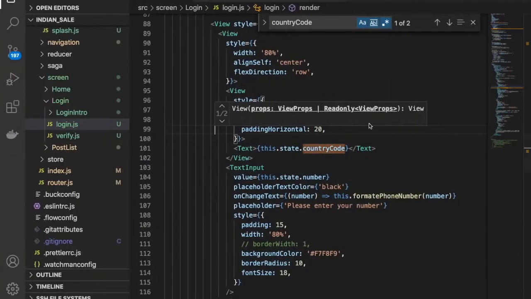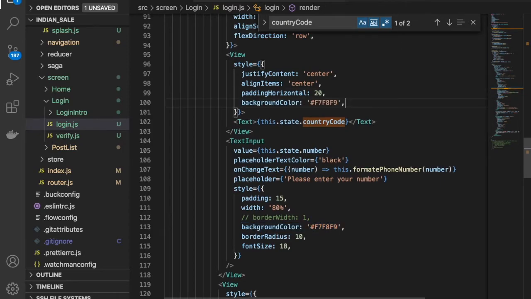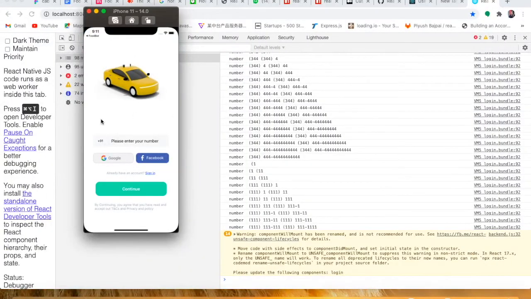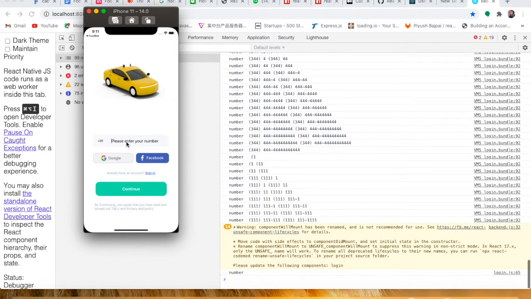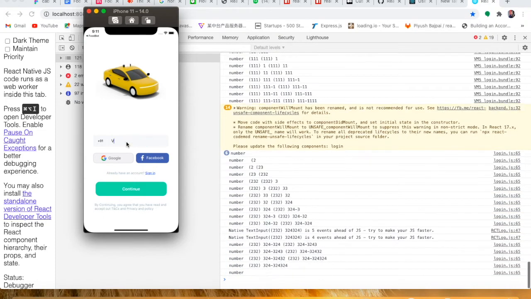We have to provide the background color also, because we have this background color we are using here. So just provide the background color also. Perfect. So now you can see, guys, here we have the country code selection. You can see here we have formatted this, right?